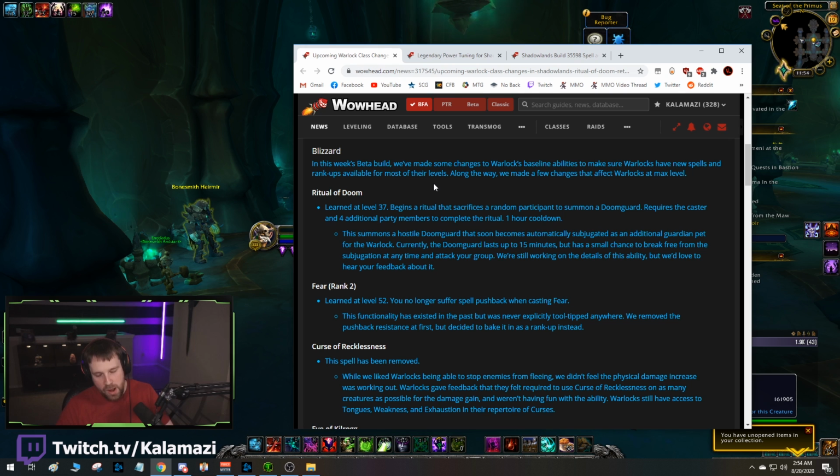So the first one I want to talk about here, Ritual of Doom. Learned at level 37. Ritual of Doom is back. For those of you guys who were asking about it since BlizzCon, where is Ritual of Doom? They mentioned it a million times. It is back now. Basically, this summons a hostile Doom Guard that soon becomes automatically subjugated as an additional guardian